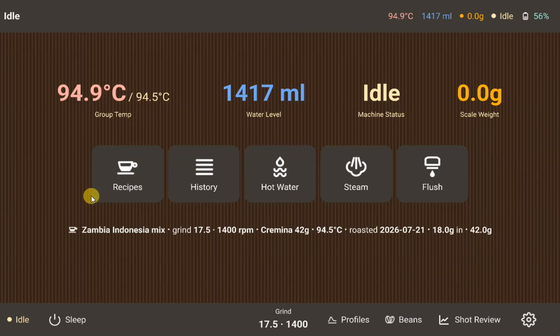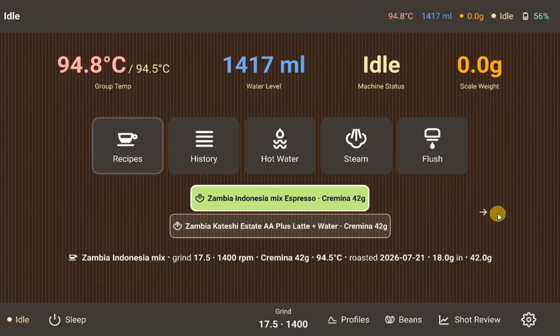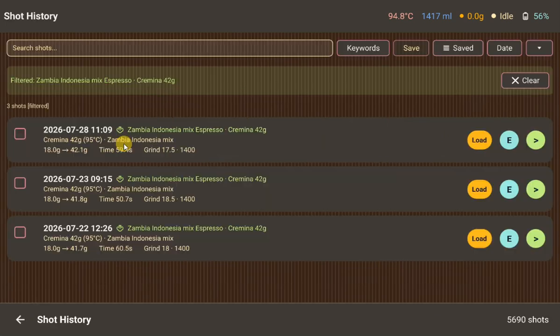So basically, these buttons, which are customizable, you can put profiles and beans there too if you wanted to. They don't just click and show you the list of things that you can do. In fact, now it's been improved so that you can customize what a double click and a long click will do. Long tap. So if you, for example, double click on recipes, it goes to your search history, your shot